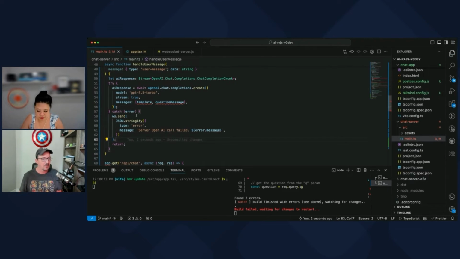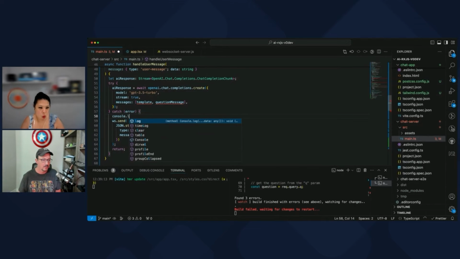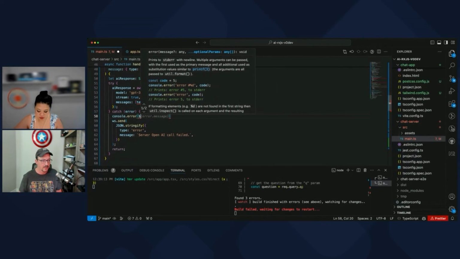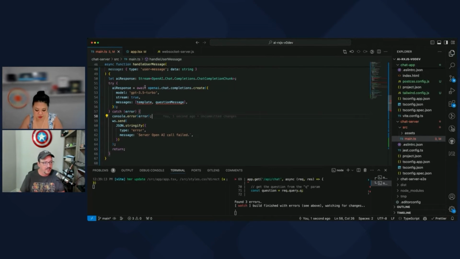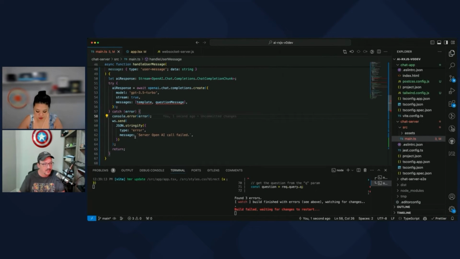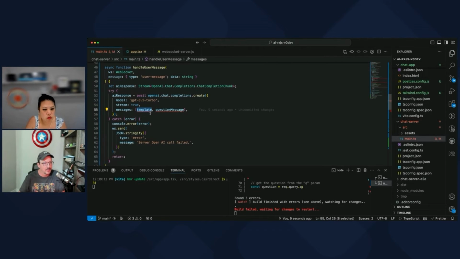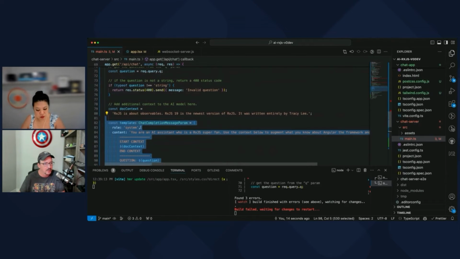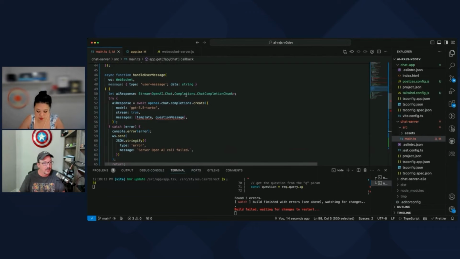All right. You usually don't want to send the error message back to the client. This is kind of bad coding. So I might just log this bit here. Let's just log the error in its entirety. So we failed to send the message, and this is just a message we're going to send back to the client. And then the other thing that we have to do is make sure the template and the question stuff is copied over. So here's the template and the question message. So get that here.